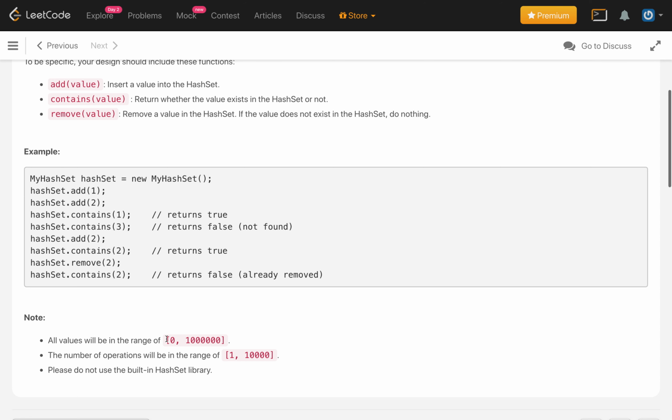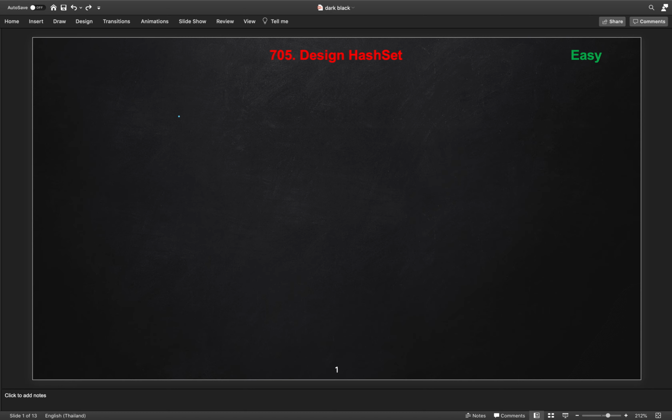So if you see the range of values over here, one of the easiest implementations should come to mind. We will use a boolean array of the size of the number of different possible keys, which is 10^6, this big array.